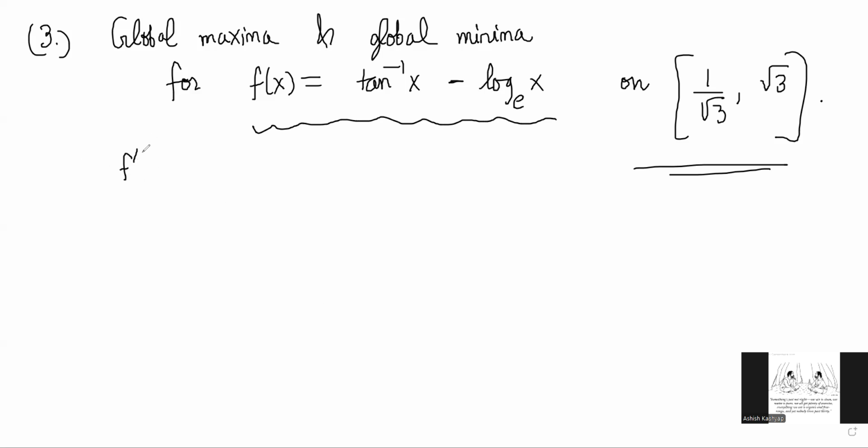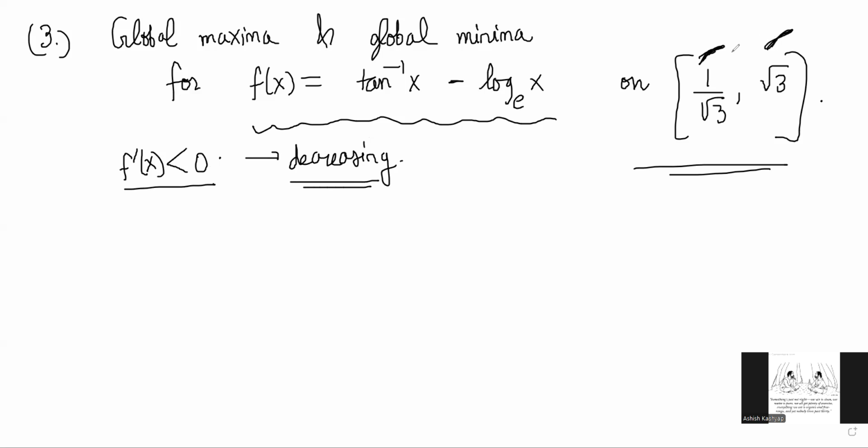This function, if you take the derivative is always less than 0, so it is decreasing. Whenever a function is decreasing or increasing on an interval, maxima minima will always happen at the end points. I hope that is not new to you guys. So maxima will happen here at the first point, 1/√3, and minima will happen at the second point. Okay. The next problem is